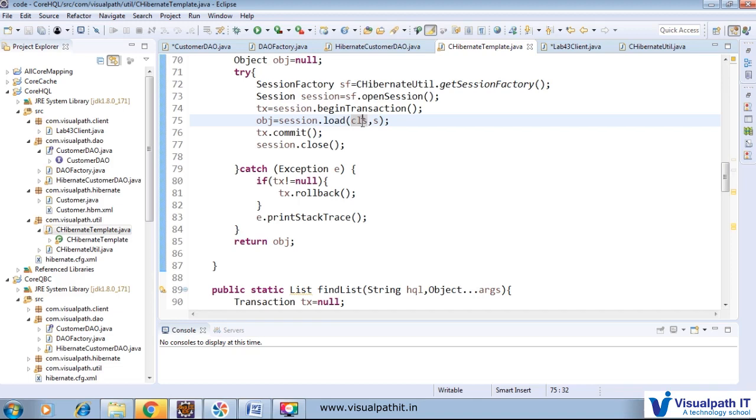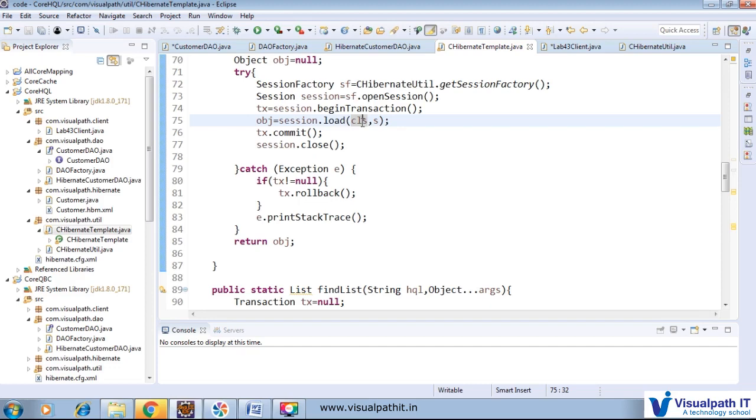But as we know, Hibernate Query Language deals with objects, so here we do not deal directly with a particular table name. The table name is associated with the particular class name. So whenever we would like to store customer data in the customer table, we will always use Customer as the class name. We pass that class name here, and internally the Hibernate runtime system will map